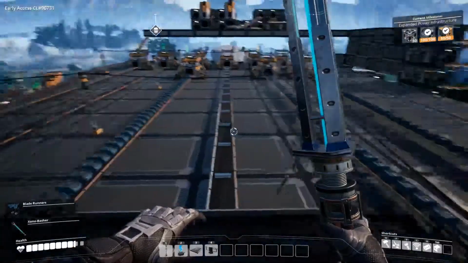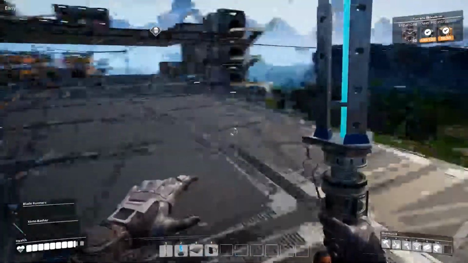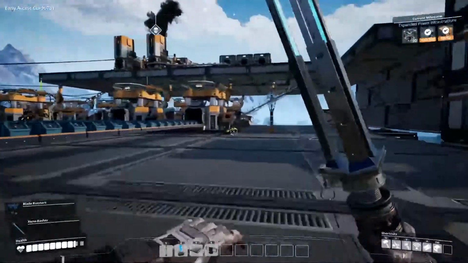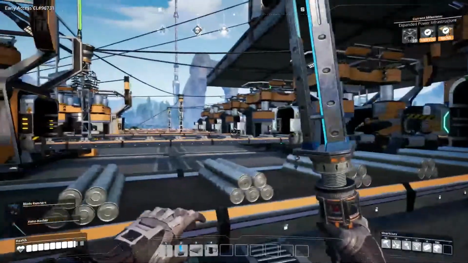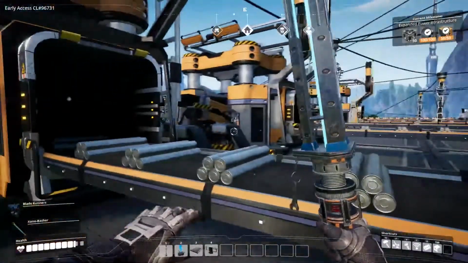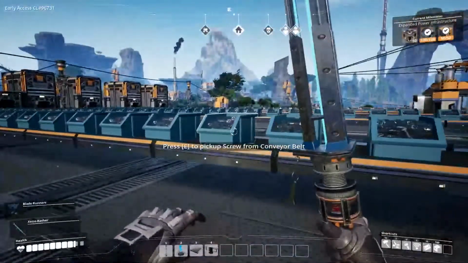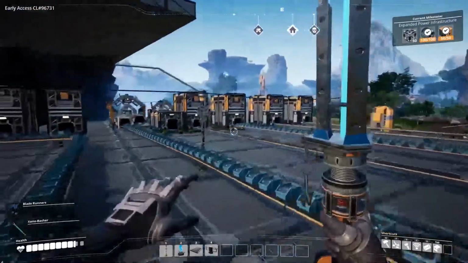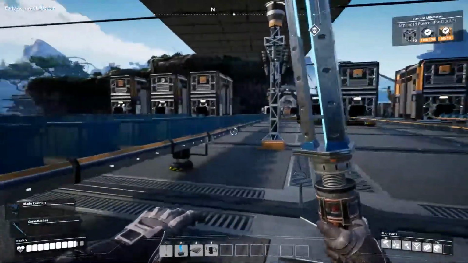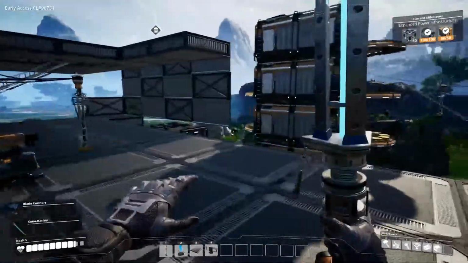So we did iron, the basics of iron. I did expand a little. I've got 4 constructors doing rods. I've got 2 constructors doing plates over there. I've got 3 constructors taking those rods and making them into screws, since everything on God's green earth needs screws. And so what my plan is right now is, if I do need to actually expand outward,